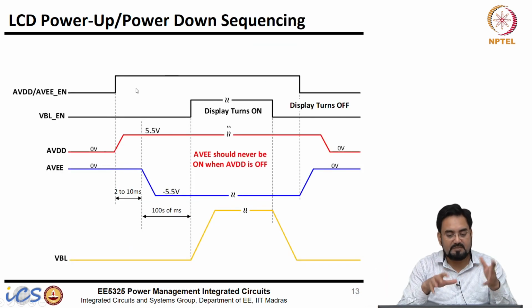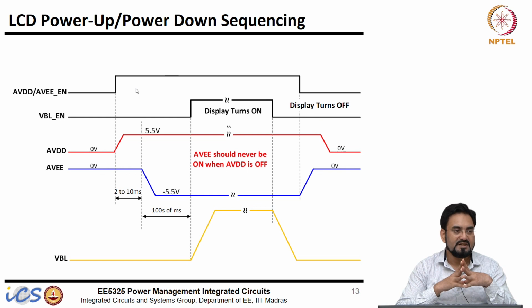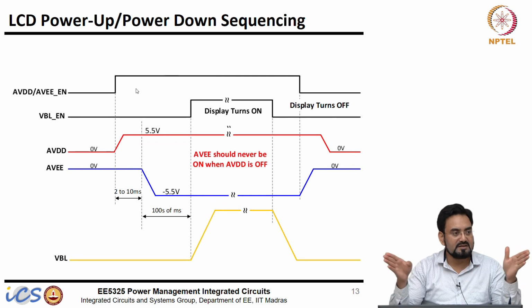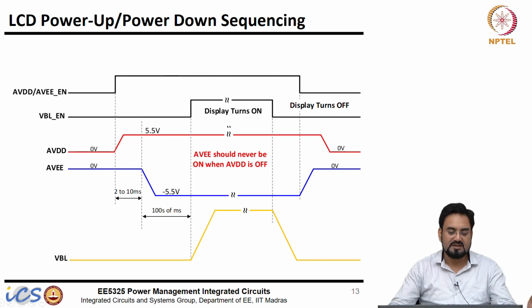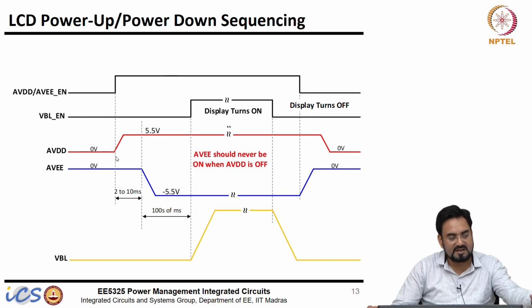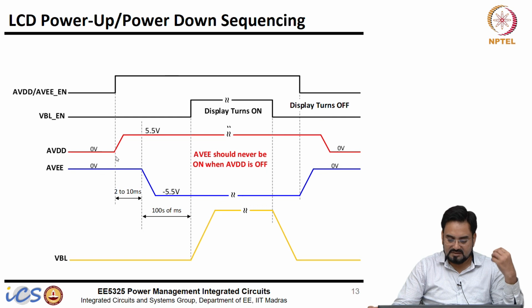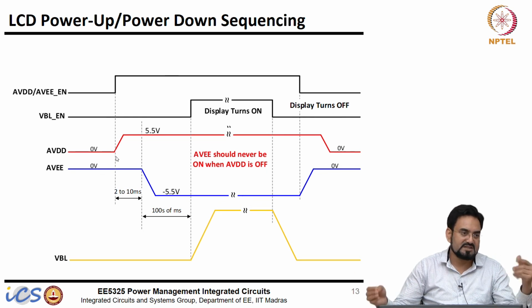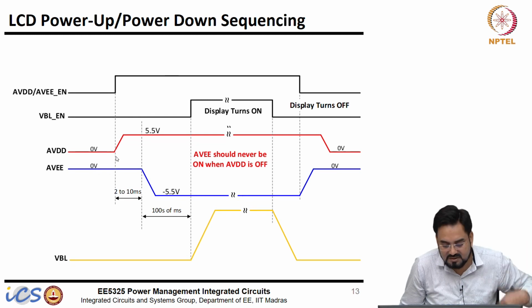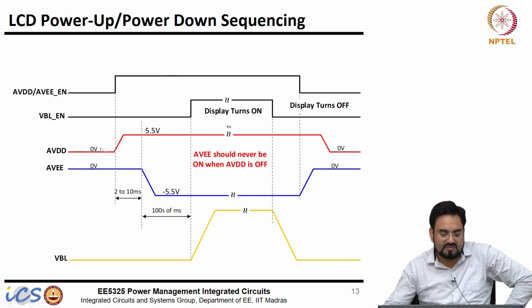So there are some power up, power down sequencing required for this display, and these specs come from your display panel itself. So whenever you are designing these power management ICs for display, you need to first look at the display spec, what it requires. And if you want to cater to multiple displays, then you have to make all these timings and voltages programmable, so that you can program in software based on that one particular display requirement, so that you don't have to design this power supply again and again for different displays. So the same PMIC can be programmed to cater to different display panels.